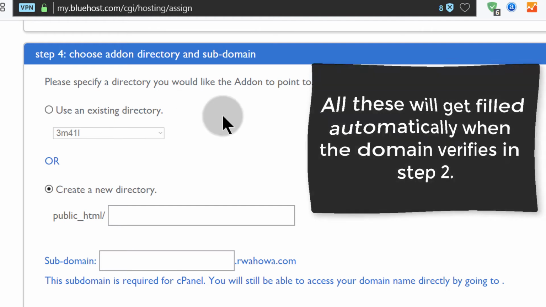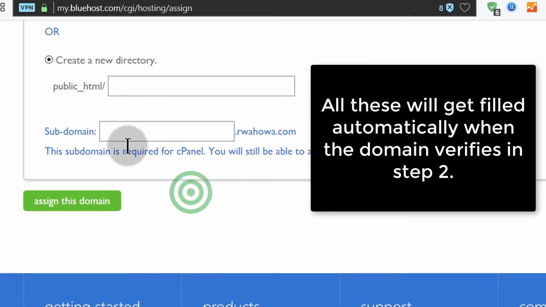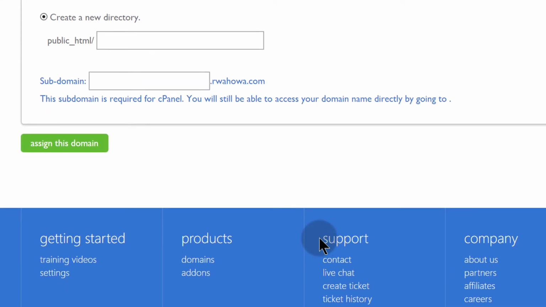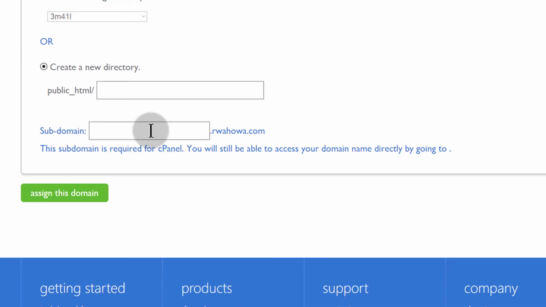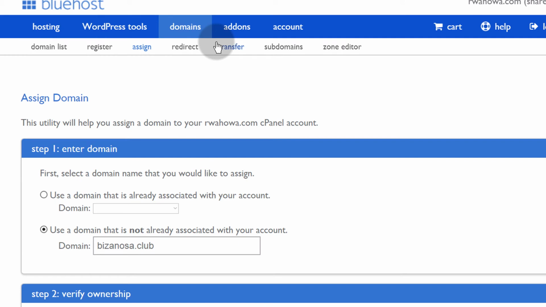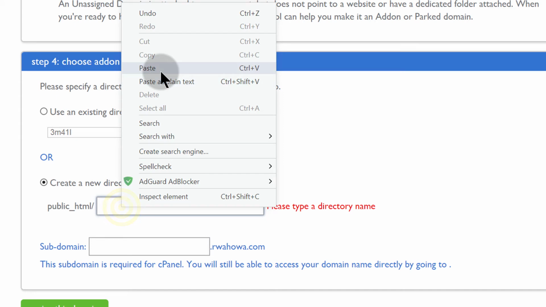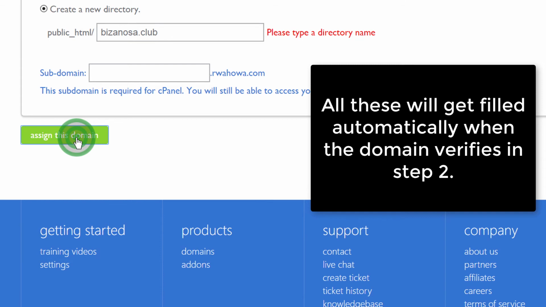And then let's see. You can create a directory for it. Subdomain. So subdomain, even if I leave this as it is, it's just going to use this as my subdomain. It's going to use that as the subdomain here. But you can change them into anything that you want if you want it to be different. So if I assign this domain, okay, I have to give it some names. Let me just paste in that there, and if I assign the domain,